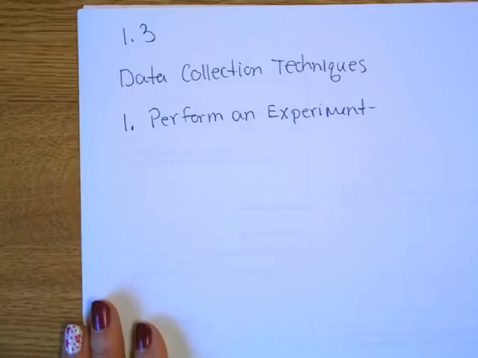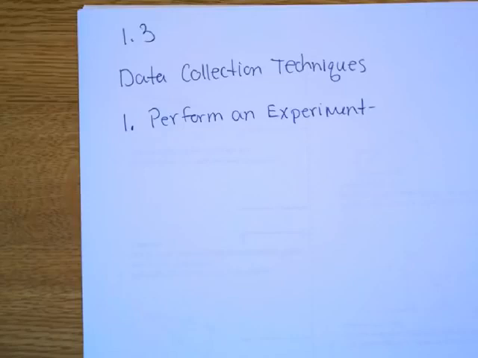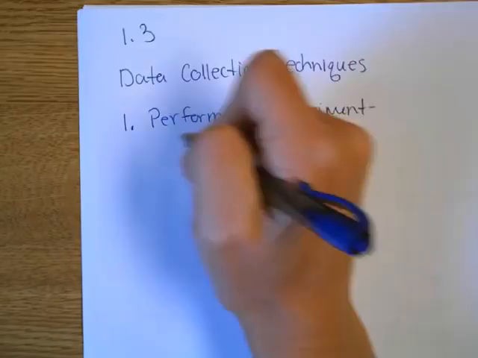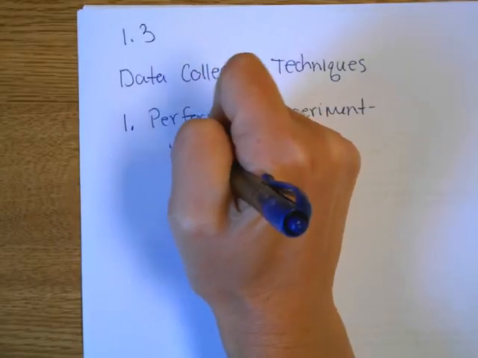Perform an experiment. A lot of times you see this with the drug companies and drug testing. If they want to test their new drug, they get some people to come in. We're going to give you this drug. We get some other people to come in. You're not getting the drug, and you do this to see if there's any improvement in things. So perform an experiment. So usually part